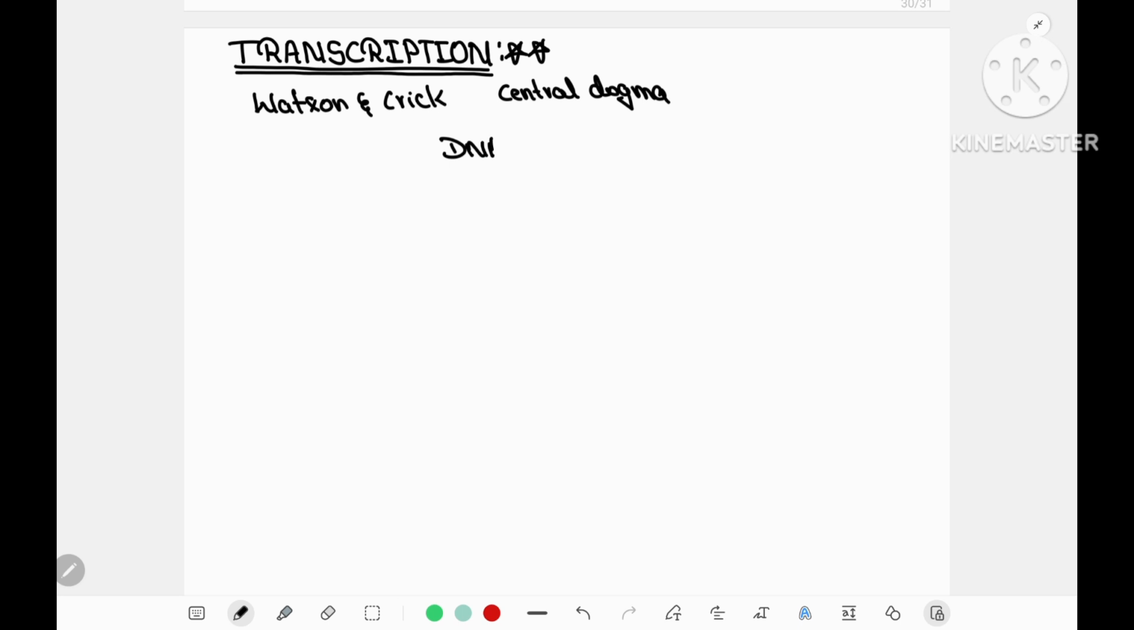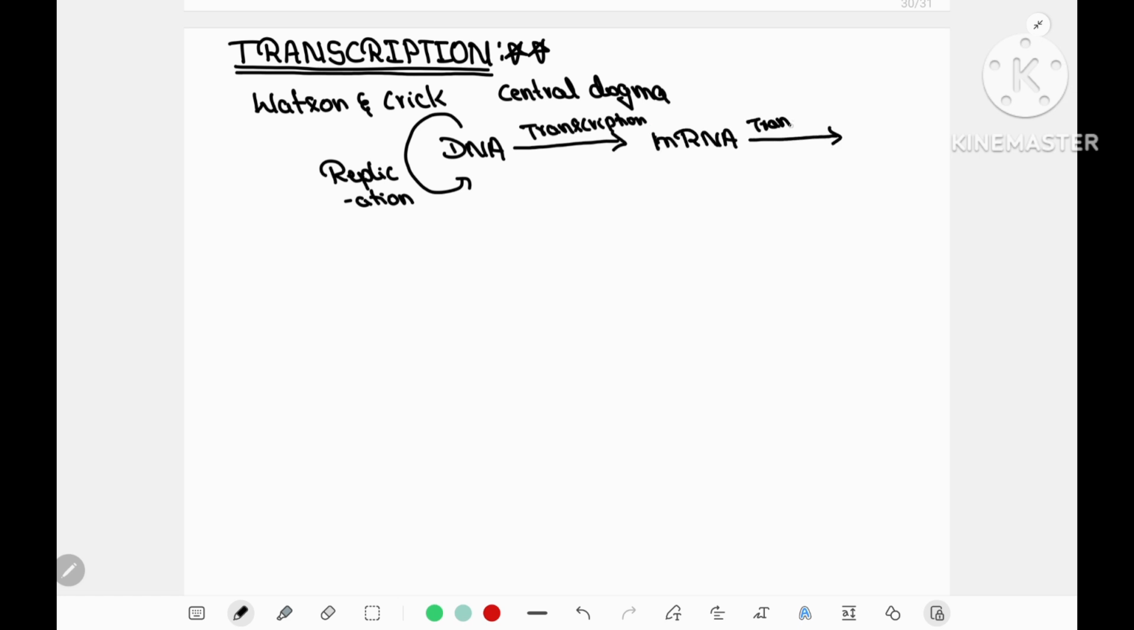From earlier topics, you have studied that Watson and Crick, after the proposition of the DNA double helix, proposed the central dogma of molecular biology, according to which DNA, when it undergoes replication, produces DNA itself. And the same DNA, when it undergoes transcription, produces mRNA, and upon translation, mRNA